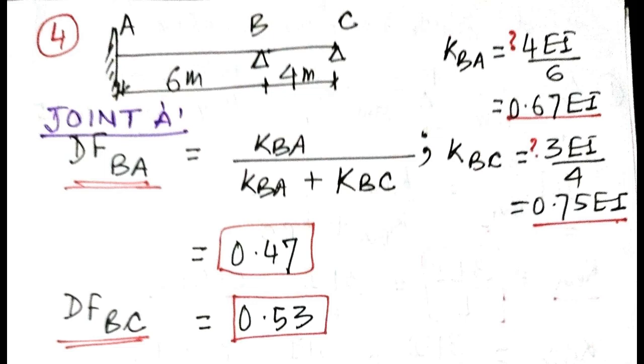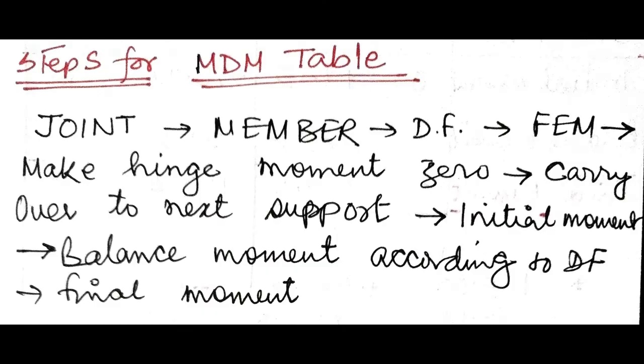So here I have discussed all possible types of combinations of beams and distribution factors. Hope you have understood, because without this we cannot start the analysis of the continuous beam by the moment distribution method. Distribution factor is the first step which you need to find out, then we can start the problem. After this I will take one problem of drawing the bending moment diagram of a continuous beam by the moment distribution method. Now let us look at the steps for the moment distribution method table.